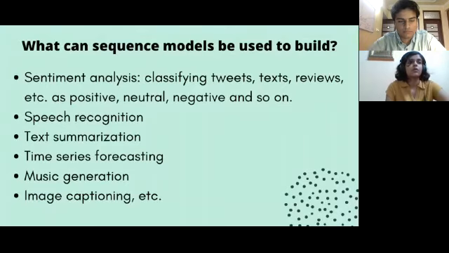So then we've got text summarization. Here, what happens is when the user feeds in a long document or a long paragraph, the model will be able to generate a concise or a very precise summary of the same. Then we've got time series forecasting. Here, what happens is the quantity that changes with respect to time is fed into the model, that is the past data, and the model is supposed to predict the same for the future.